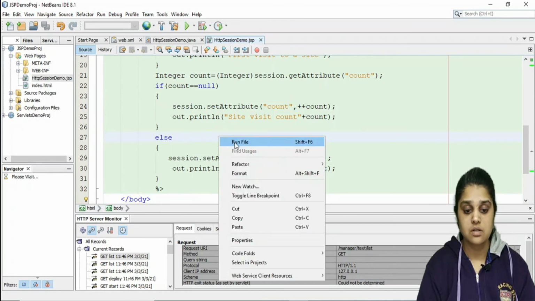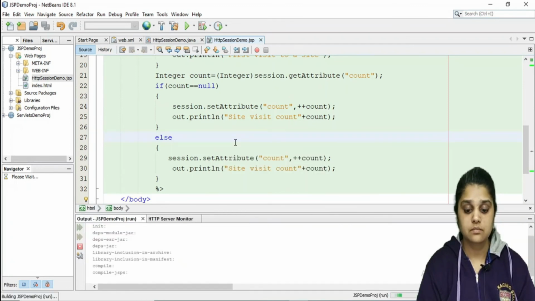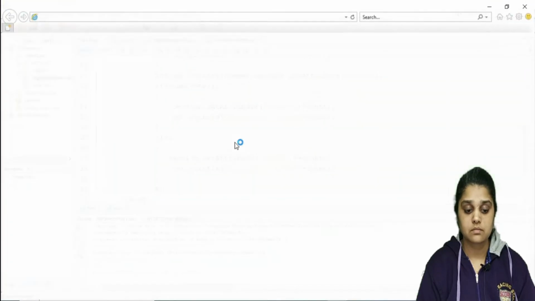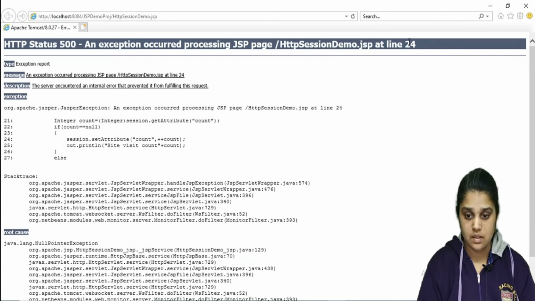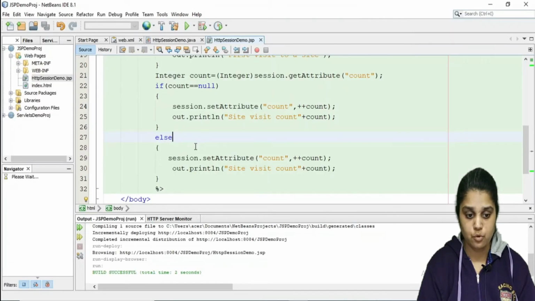Let us run this code. Line number 24, means this line, count plus count.